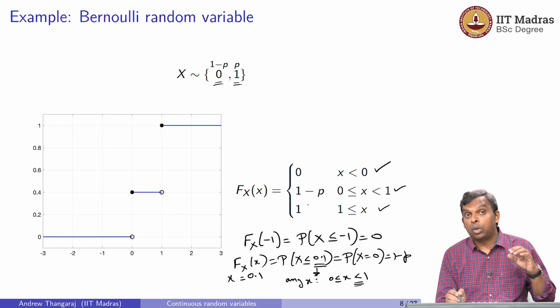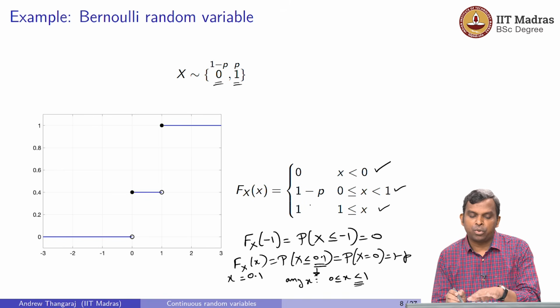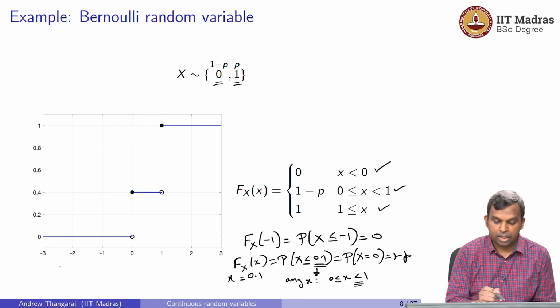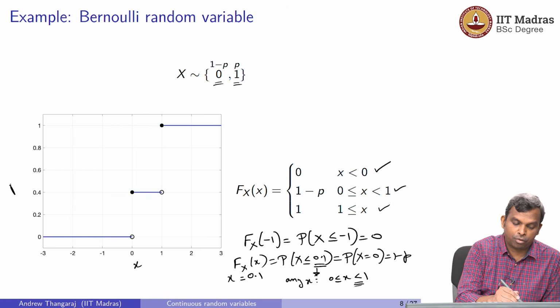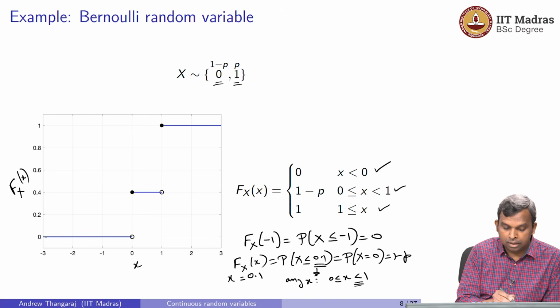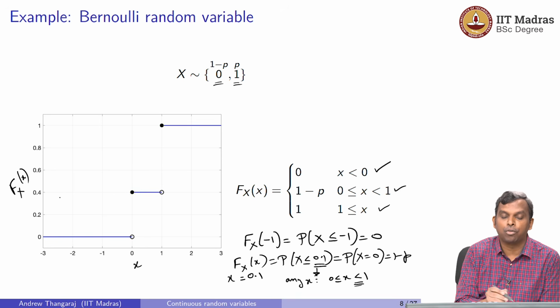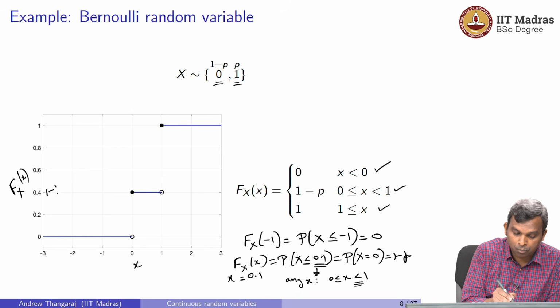Okay. So here we took a discrete random variable x, and then we tried to compute the CDF. A much better way to visualize this is through a graph. Here is x, and here is Fx of x. For x less than 0, the CDF is 0. You can see here it's 0. And I put this circle here without filling, which means at x equal to 0, the CDF is not 0. So I put a solid circle here to show that it's actually 1 minus p, which is, I don't know, some value like 0.4.